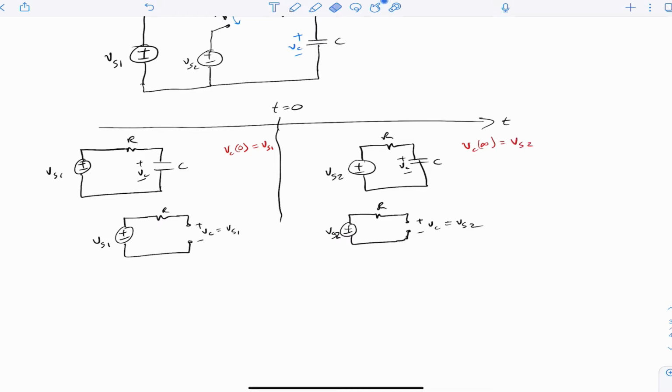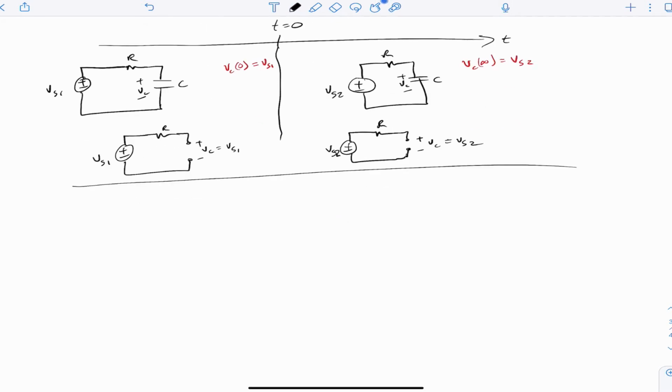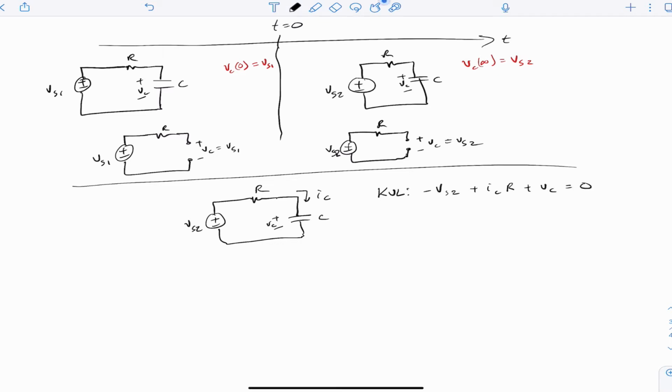Now we want to see how we get from one to the other. So we're trying to figure out what Vc of t is. So we'll sketch the circuit after the switch is flipped. Now writing a KVL equation, where here I'm pointing out that this is ICR. We can use this to write,